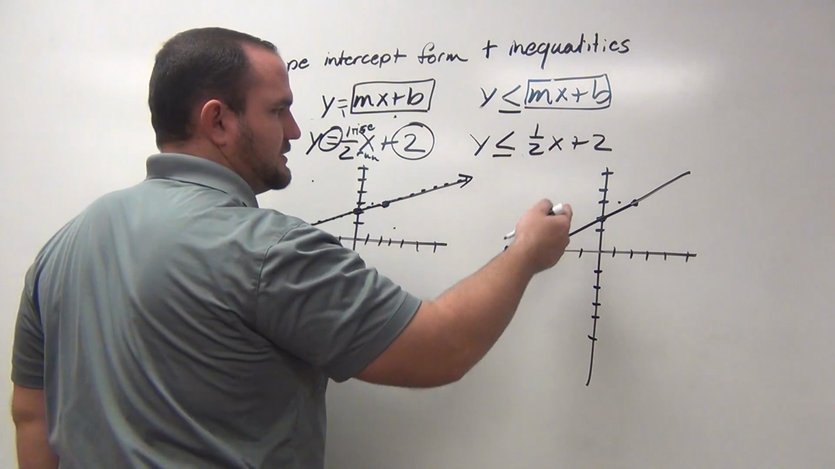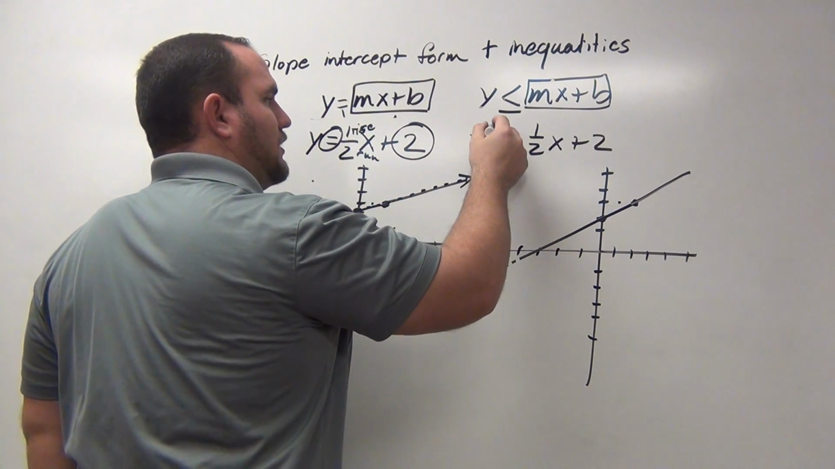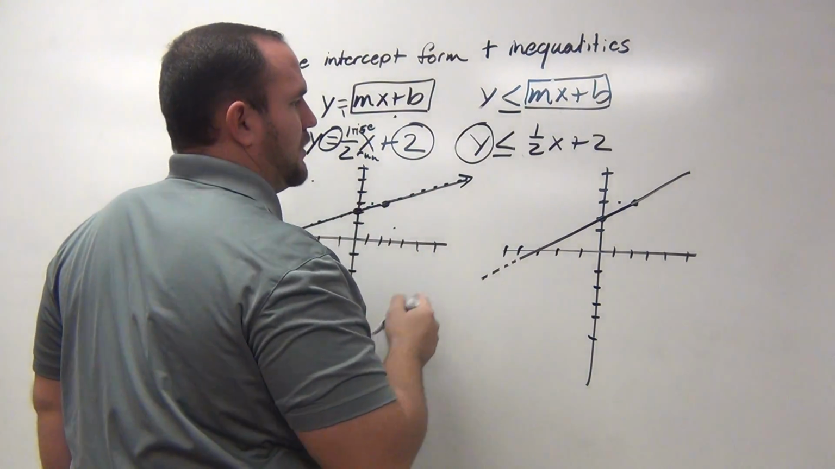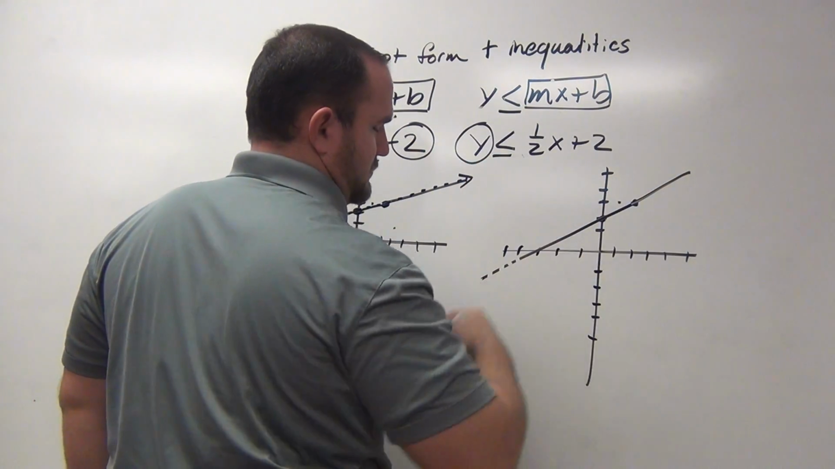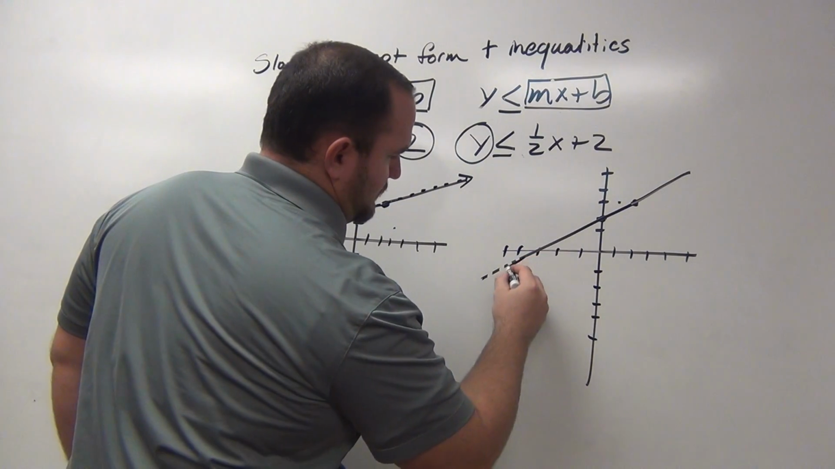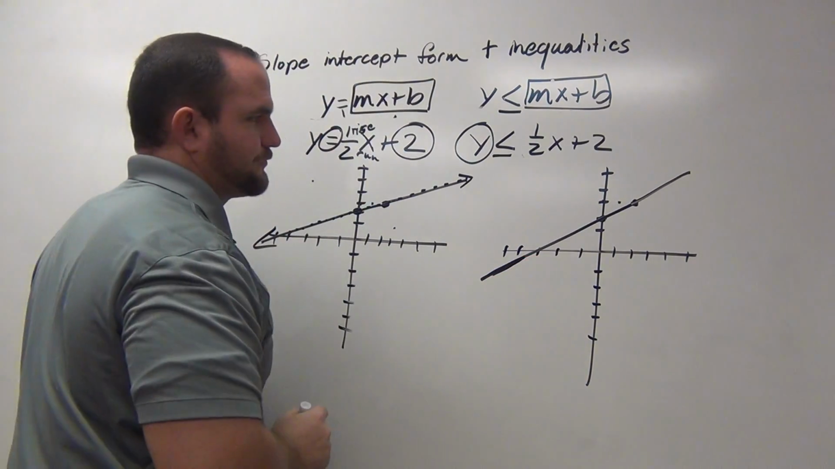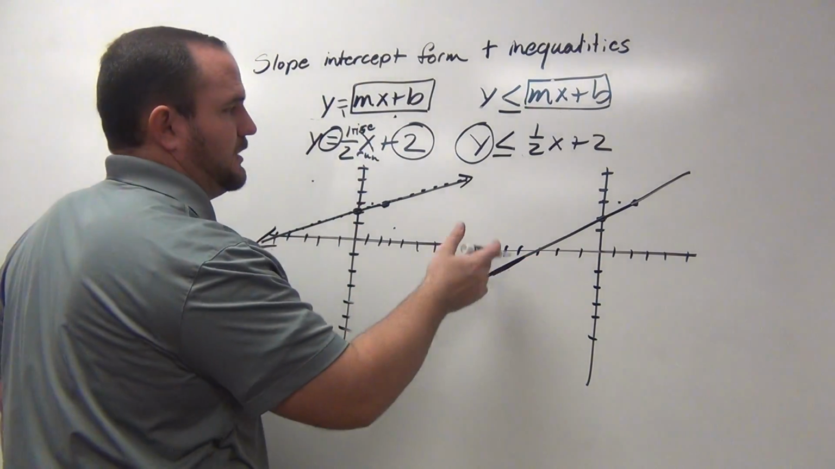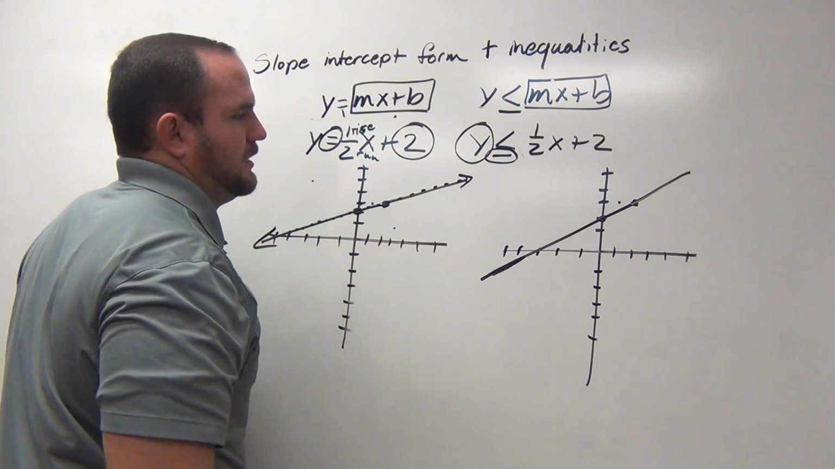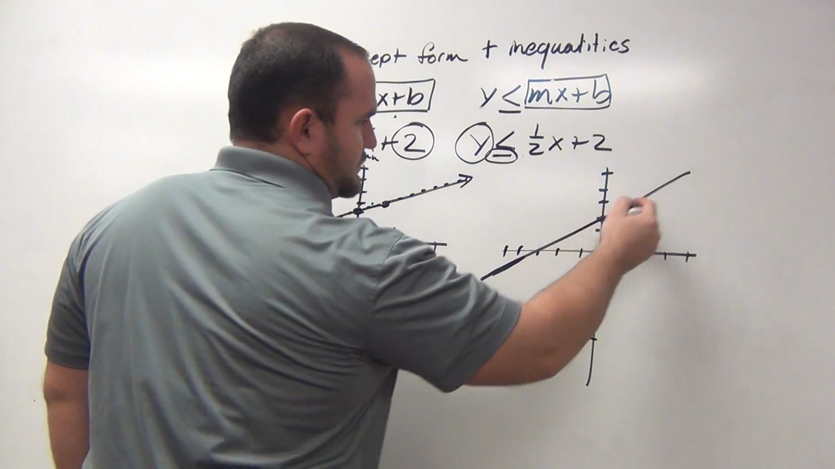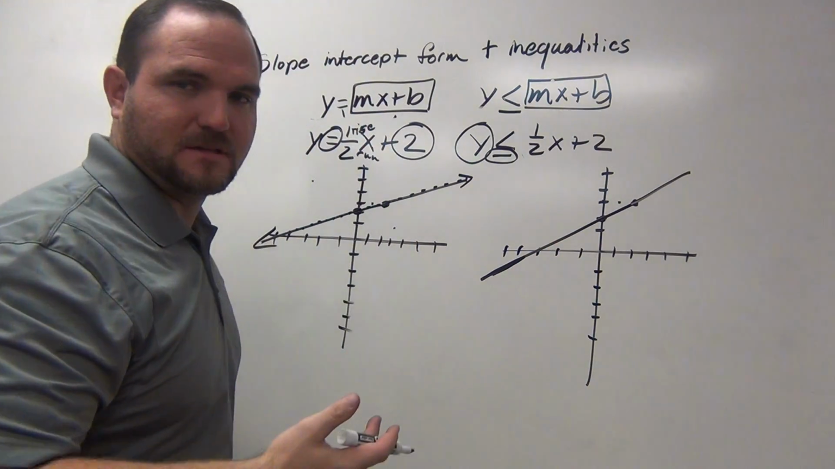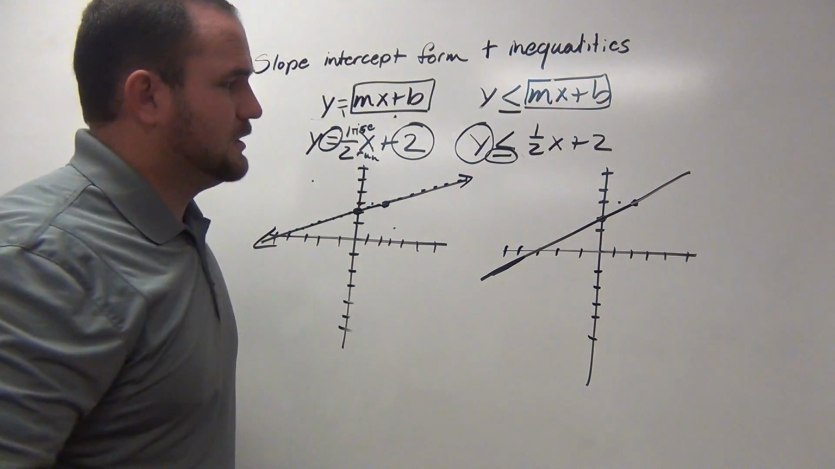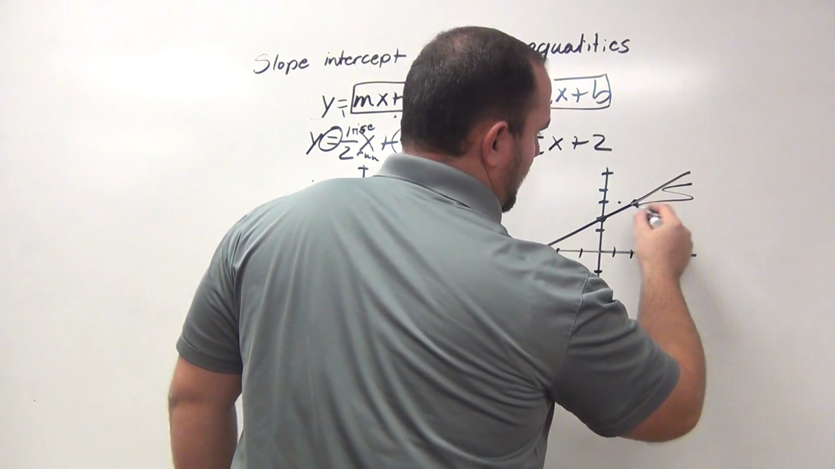So we graphed it the same, but now we're saying all of my answers are below or equal to my line, okay? That's why we actually make it a solid line, because it's part of the line. So all of my answers are below the line. And so the way that you do this, it's called shading. So we're going to actually shade all this area